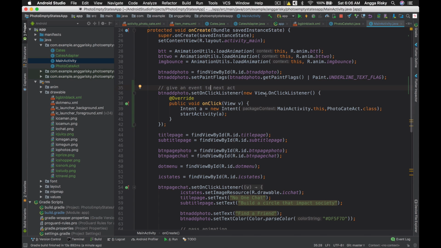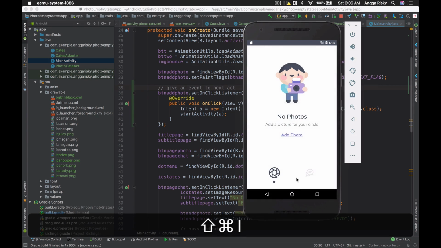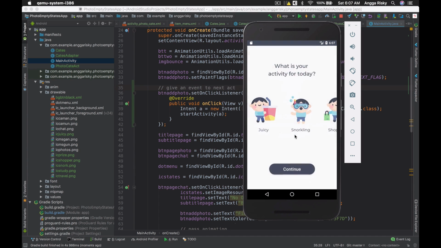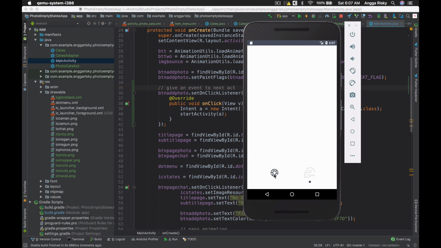Okay, let's try again. So if I click any button over here, like maybe find a friend, it's gonna come here, right? So as for now, I have to figure out later on, maybe in the next video, how if I click this button it goes to the photo activity, but if I click here it goes to the find a friend activity.